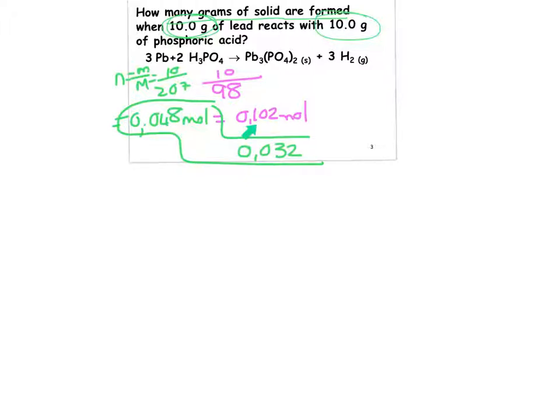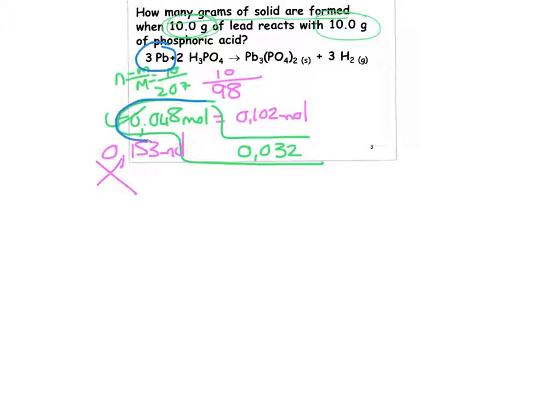If I look, I had 0,102, so 0,032 is enough, so that is going to work out just fine. If I were to work it the other way, I would see that I have got 0,102, 2:3, divide by 2, times by 3, 0,153 moles, and you can see that this is much more than that, so it is not possible, which means my limiting reagent is going to be the lead,